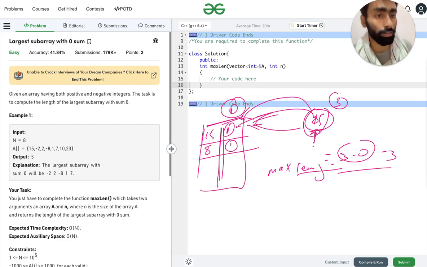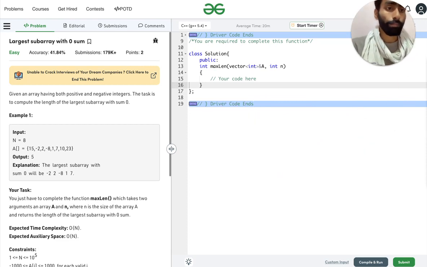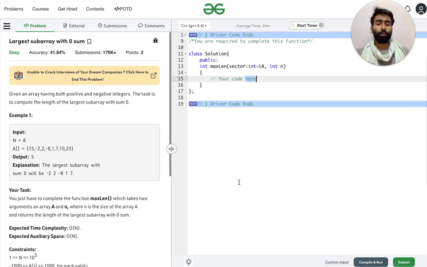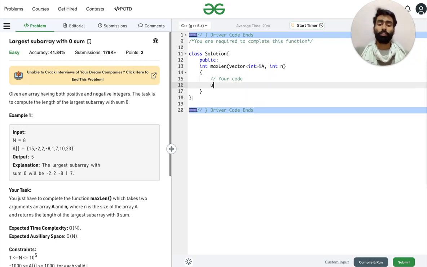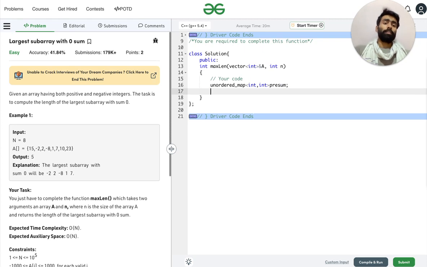So let's start coding. We first need to make an unordered map of int type, where the first int is the element and the second int is the index, and call it pre-sum, meaning it stores the first time we are getting the sum.